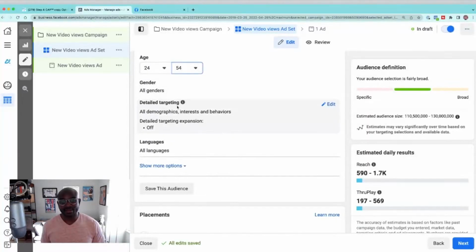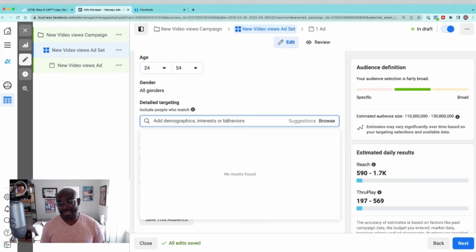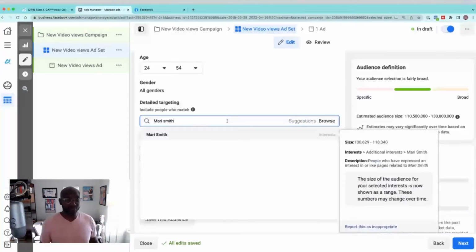Then we get into detailed targeting here. So you can hit edit on the right hand side here and just type in who you want to see this ad. So I'm going to choose people who have an interest in Facebook ads or paid traffic or social media marketing. And I'm going to go with some of the authorities in the space, like Mari Smith, right? She is a